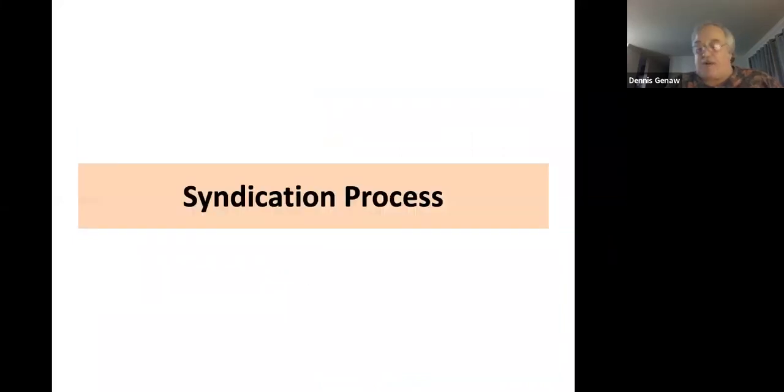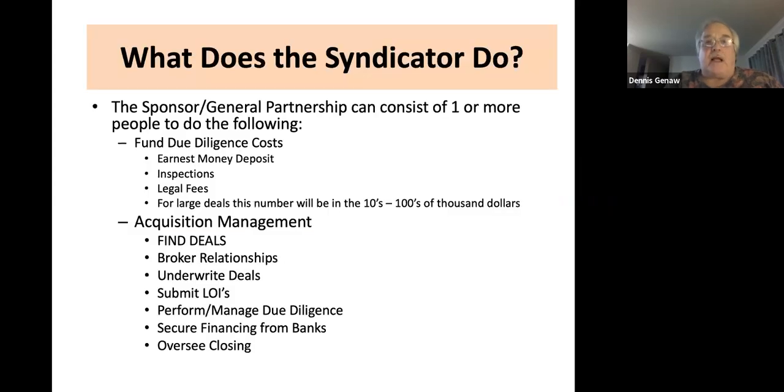So the syndication process. What does a syndicator do? There's a number of jobs that the syndication team does. Sometimes they're called sponsors, sometimes they're called the general partnership, sometimes they're called the syndicator, but it can consist of one or more people who do the following activities. One, you've got to fund the due diligence. You've got to come up with the earnest money deposit. Once you sign the purchase and sale agreement, typically 1% of the purchase price is put up as a deposit,